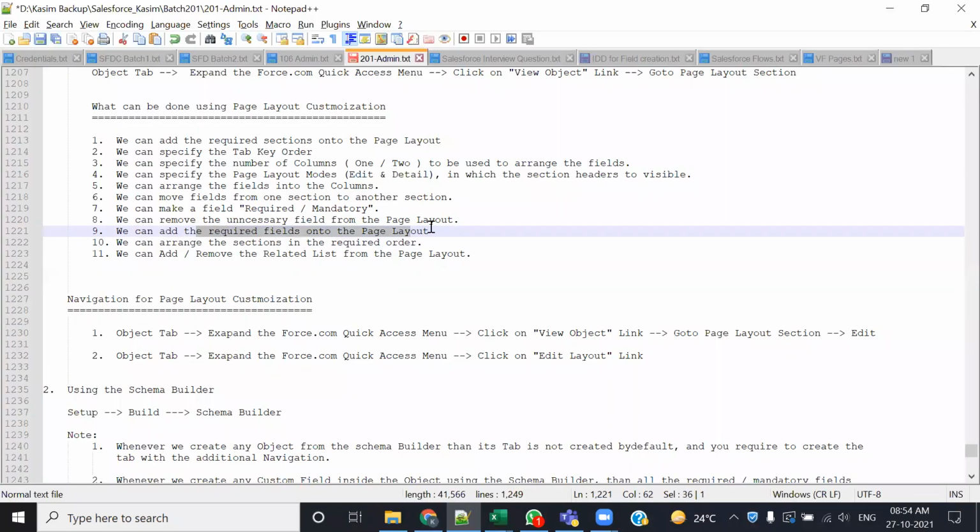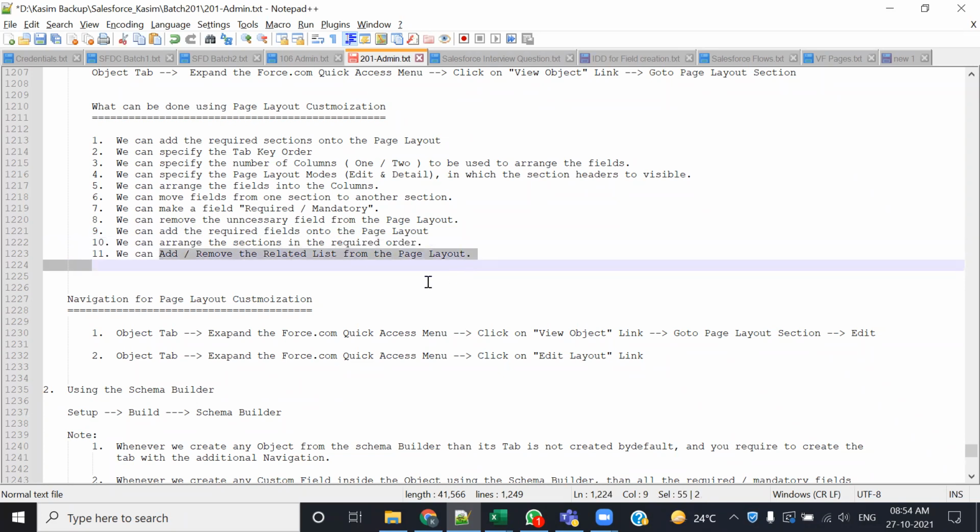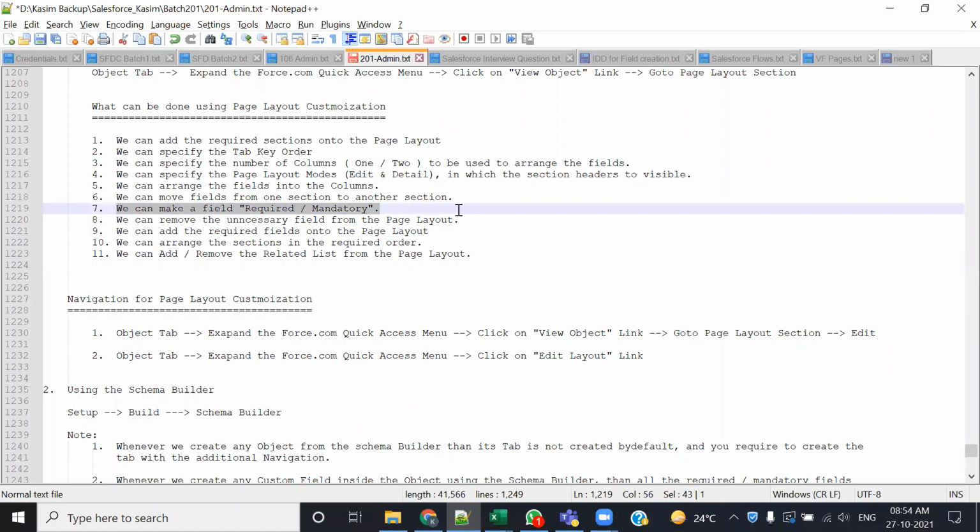We can add the required fields, आप जितनी भी चाहे उतनी fields ऐड कर सकते हो। Arrange the sections in the required order, ऊपर नीचे कर सकते हो। और रिलेटेड लिस्ट जो अभी मैंने आपको बताया, तो ना आप ये सब कर सकते हो। अब इसमें एक ही चीज बचती है, how to make a field to be the required and the mandatory, so that we are going to cover it by tomorrow। कल इसको कवर करते हैं।